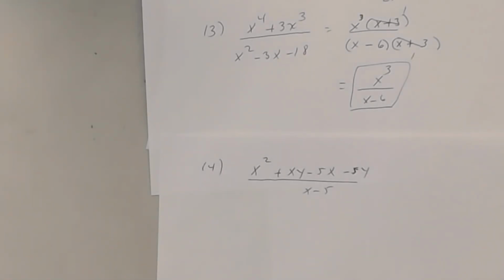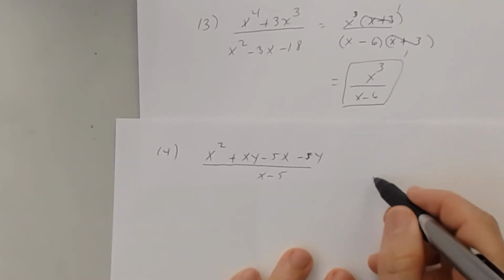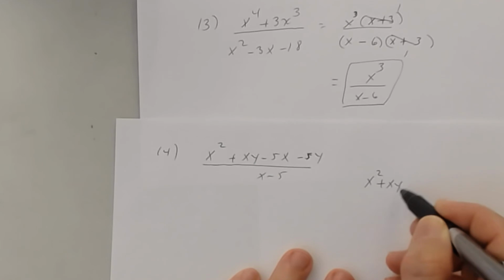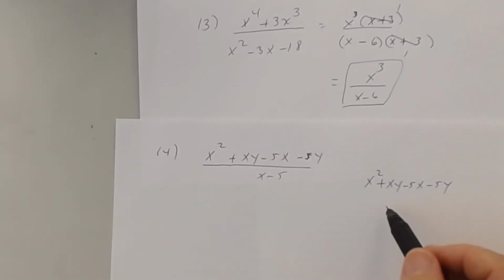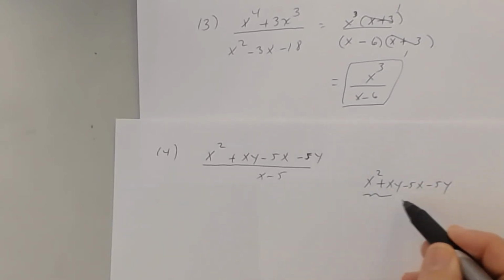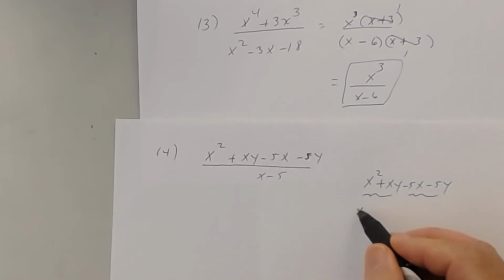So let's see if you remember something from the previous test. How are you going to factor that numerator? Grouping. So in your test, the first two problems involved grouping. So let's go off to the side because it does involve some work. I'm going to rewrite the numerator, and then I'm going to factor by grouping. So when I group the first two and the last two, with the first two, what can I factor out? X. So I get x times